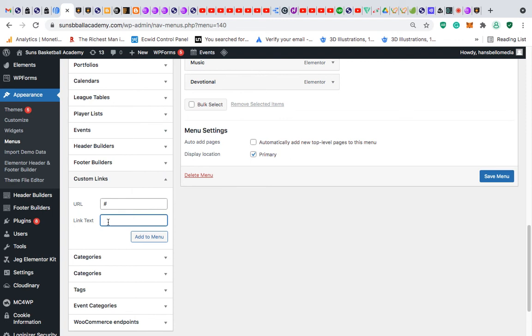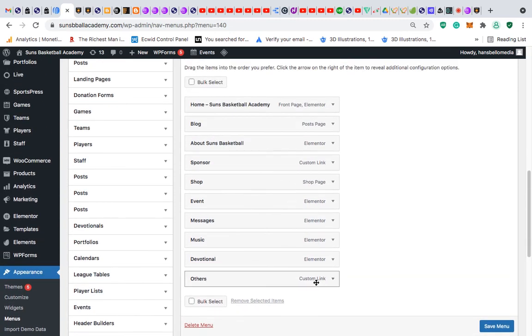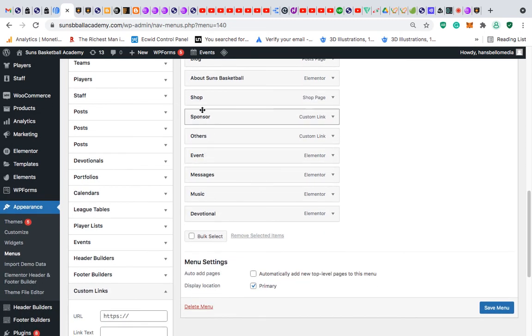So I'm going to just put here and just write pages, or rather, let me say orders. Right? Then I'm going to say add to menu. So now the orders is here, which is a custom link. I'm going to take it to the front to where I need it to be. It's going to pop out like this. So I don't want it like this. I want it in this particular nature. Then I'm going to put this one should come here as well. Good. I'm going to put the orders under